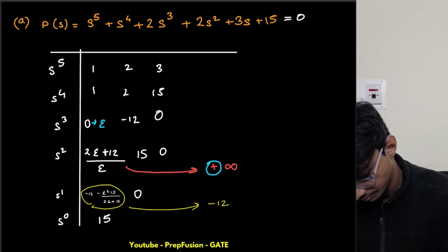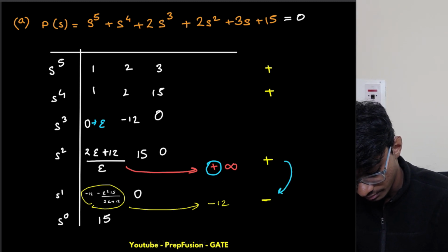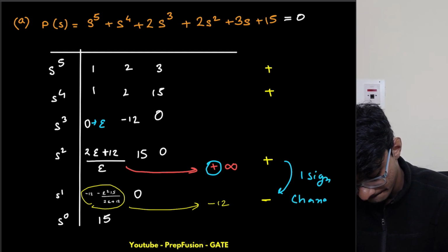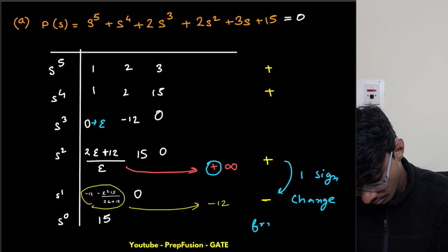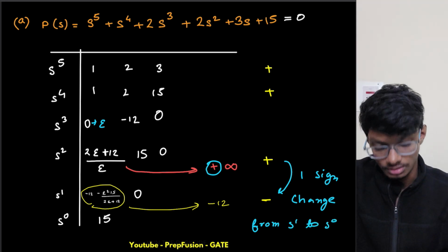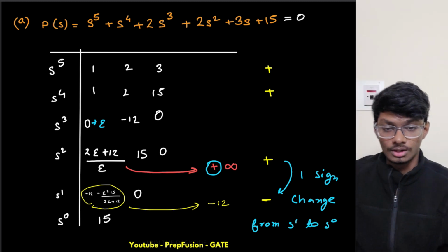So this is basically positive. This I won't compute. This is positive, this is negative, right? So here I have one sign change from s to the power 1 to s to the power 0. Okay, so here I have one sign change. Okay, so yeah, now